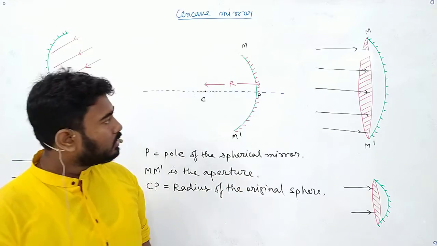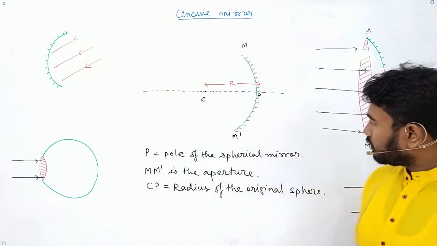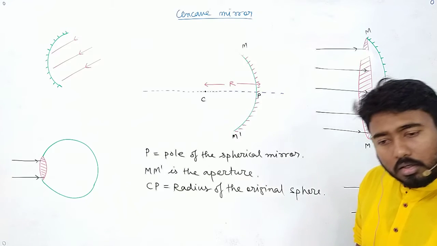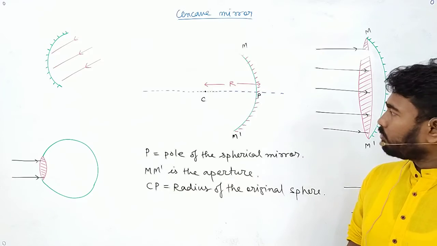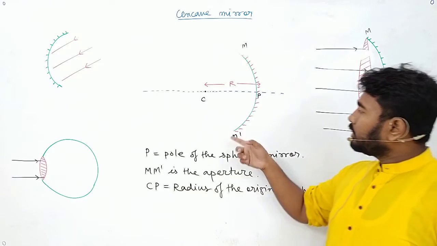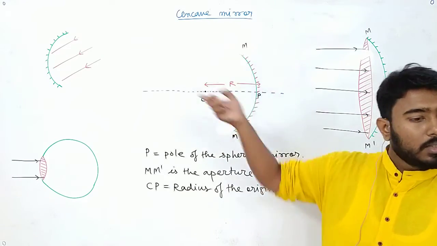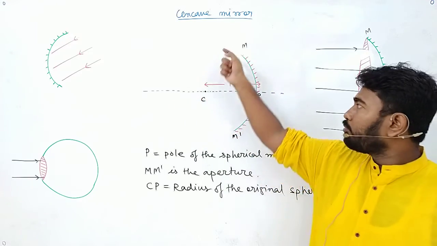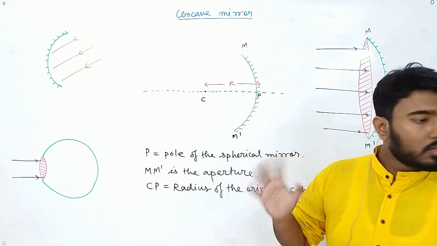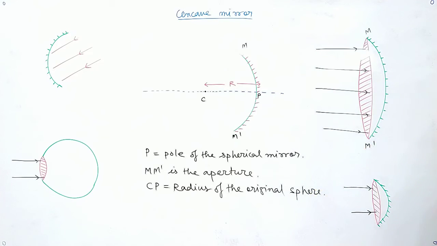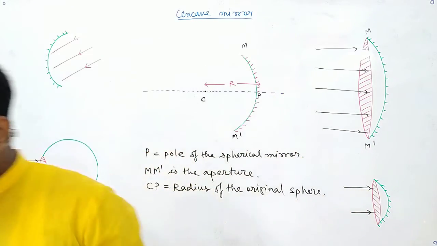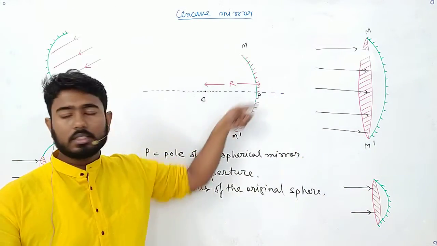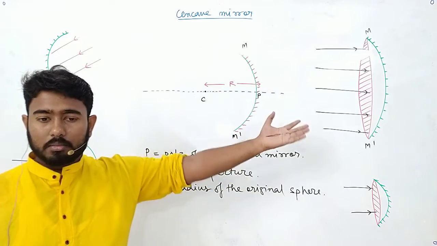Sir, can we also call this a circular cave or a circular thing? What do you say, a circle? No, we cannot say it is a circle. This is part of a sphere. We are now dealing with a sphere. Now, to simplify, we are drawing a circle, but this is not a circle. A sphere is a 3D figure, and a circle is a 2D figure. To draw simply, we are just imagining it as a 2D figure. I told this in the previous part only.